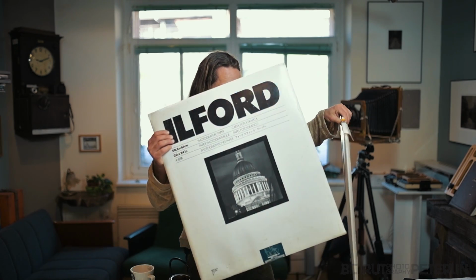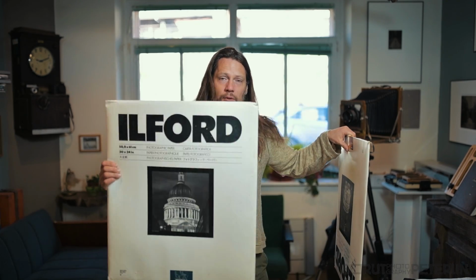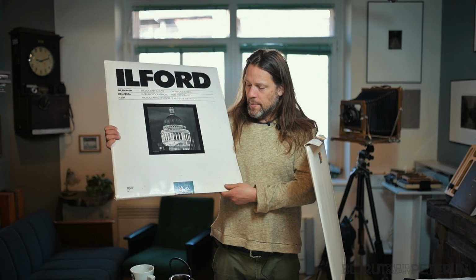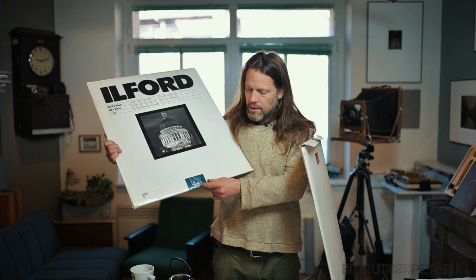Before seeing the prints, I want to confess one thing. Actually, I made one big mistake that I really don't like, but it happened. What I've done is I cut the paper. This is also one cheap trick that I use. I order bigger sheets of paper and then I cut them. And per piece, I can do big prints or small prints, but small prints cost less. Anyway, cheap trick. So I was starting to print on this paper, which is really good,